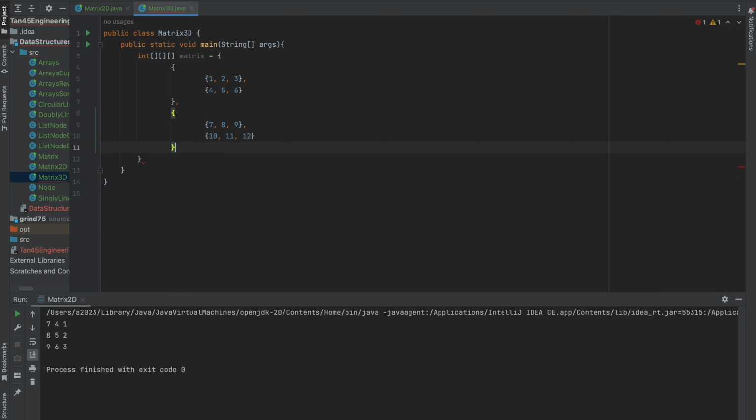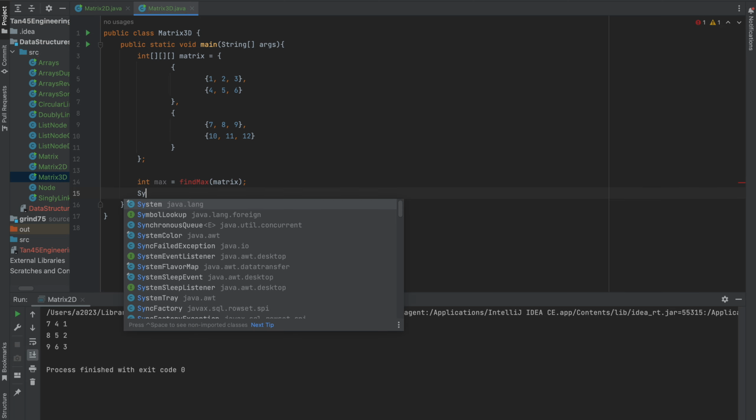Okay, so we have the matrix initialized. We'll simply say int max is equal to findMax and pass the matrix. Okay, now we'll print